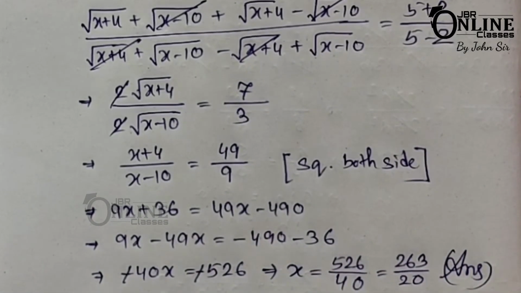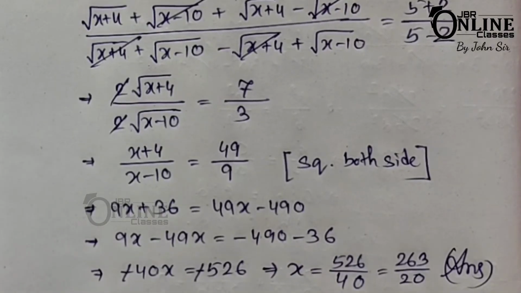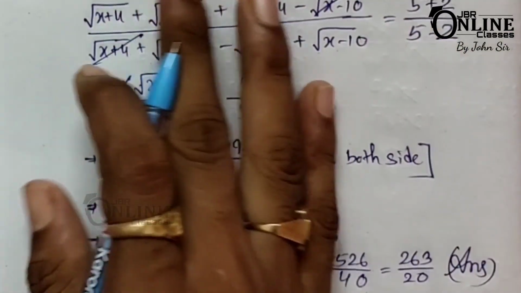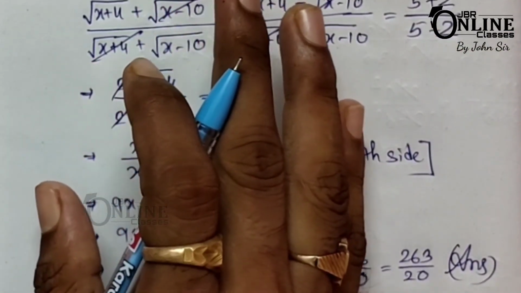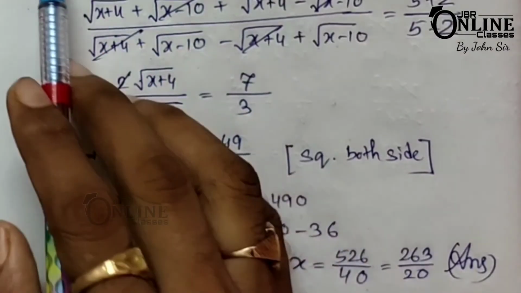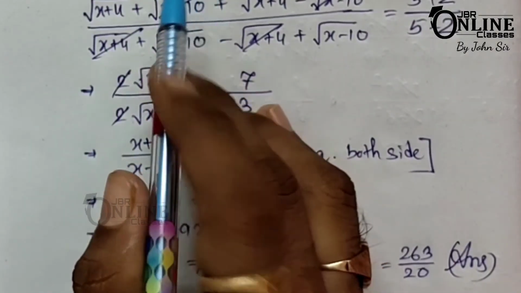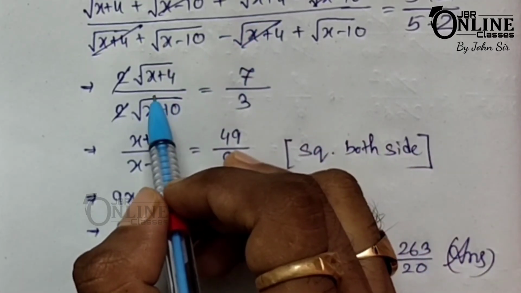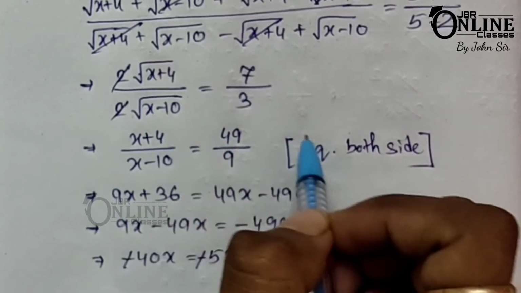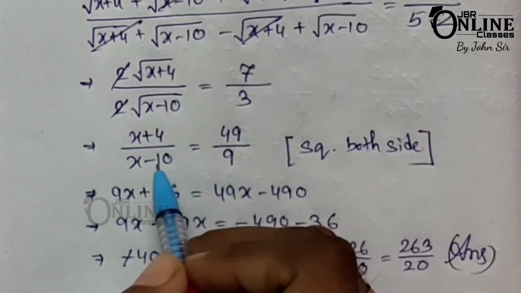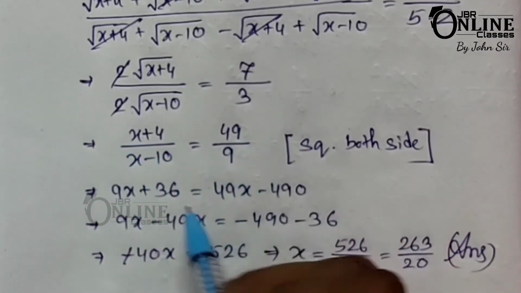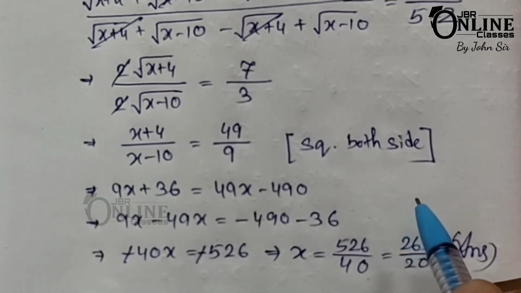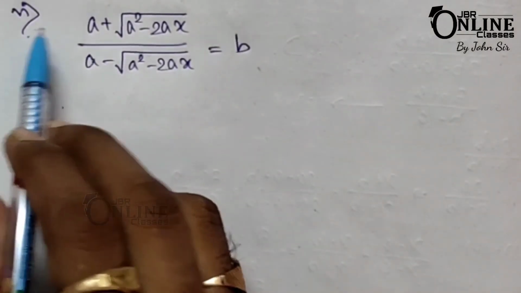So that means for this kind of problem, first you have to apply the componendo and dividendo formula. Remember that in sum number 10 there are a total of 6 problems. So for this kind of problem you first apply the componendo and dividendo formula. After applying componendo and dividendo, then you have to square both sides. After squaring both sides, just cross multiply, and from that equation you will get the value of x. Okay, now sum number 10 (6).